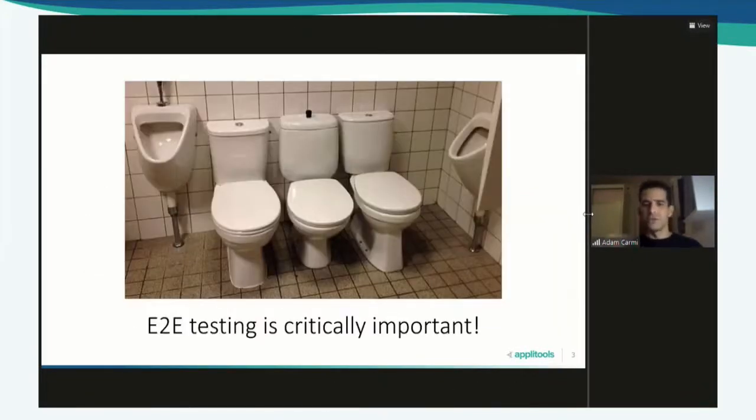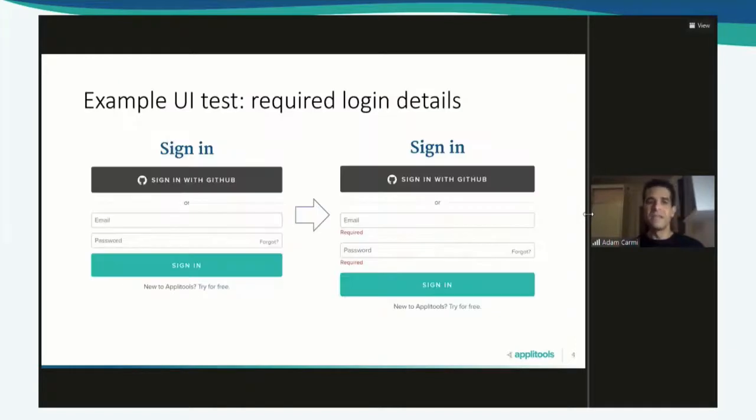Now, I'm sure that we all know and agree that end-to-end testing is critically important, because even if you have excellent components that function very well on their own, if you don't integrate them together right, and they don't work correctly together, you might end up with a suboptimal system that no one would like to use. So let's take a look at a very simple end-to-end test that probably almost every company in the world